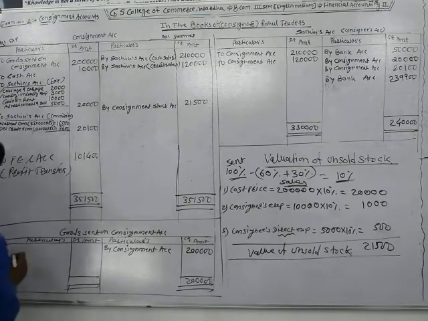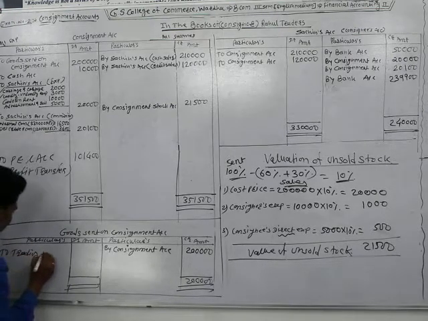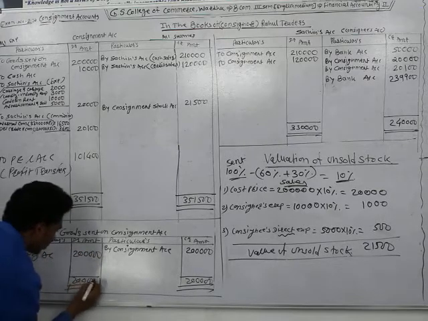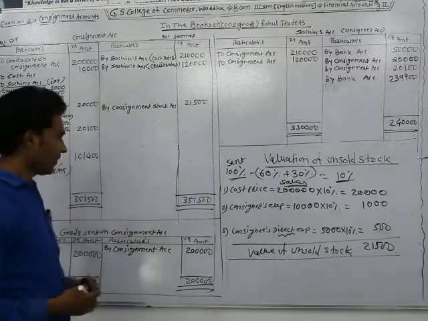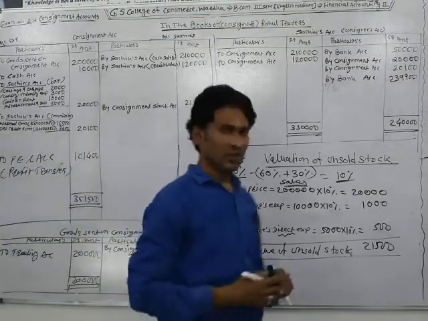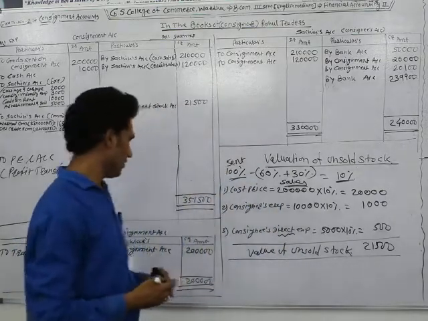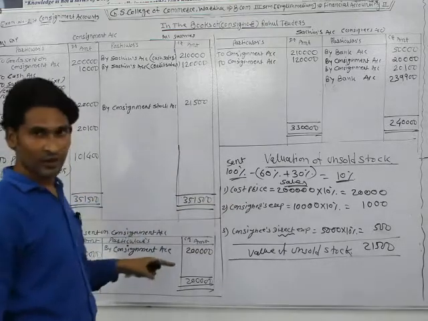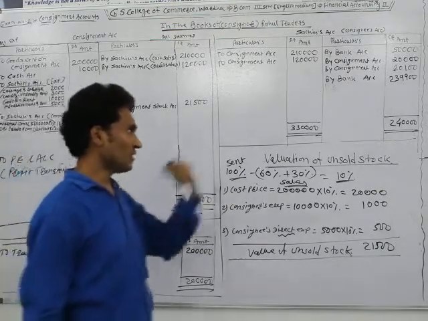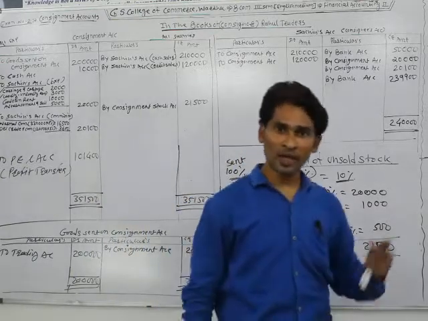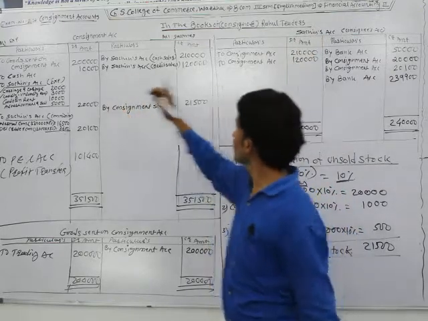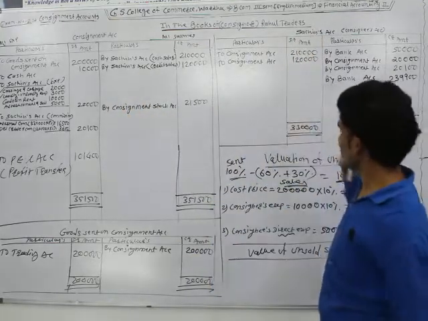At the end of the financial year, you need to make the balancing process and close all accounts. There is the rupees 2 lakh credit balance on the goods sent on consignment account, and it is transferred to the trading account. So the entry for that is goods sent on consignment account debit and trading account credit. So write at the debit side of goods sent on consignment account by the name of trading account rupees 2 lakh and close this account. Don't keep the balance on this account. Okay, all accounts are closed.